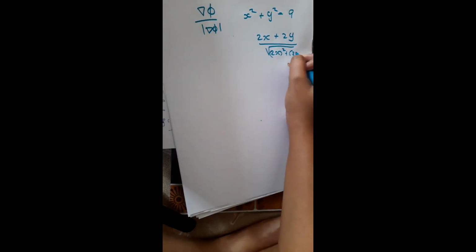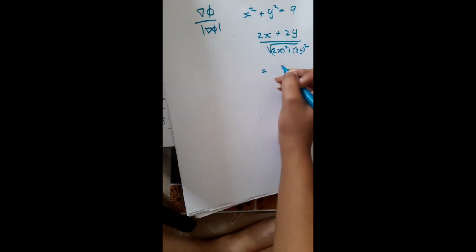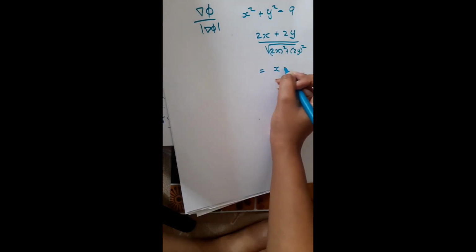Phi in this case was x square plus y square equals to 9. So del phi would be 2x plus 2y, and what would its magnitude be? Under root 2x square plus 2y square. Okay, so on simplifying I get x